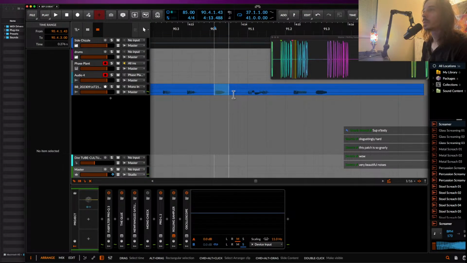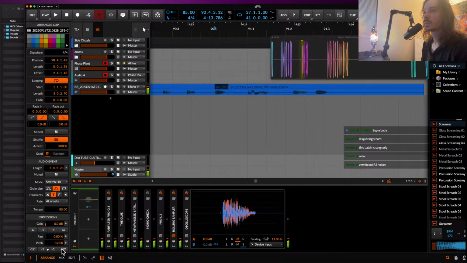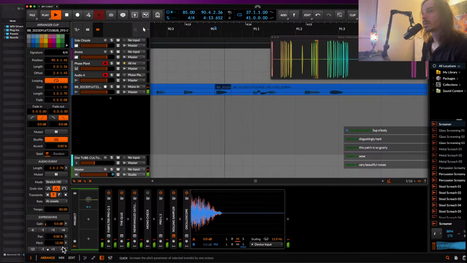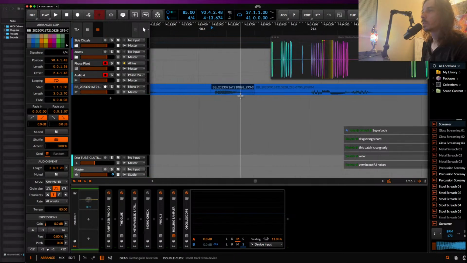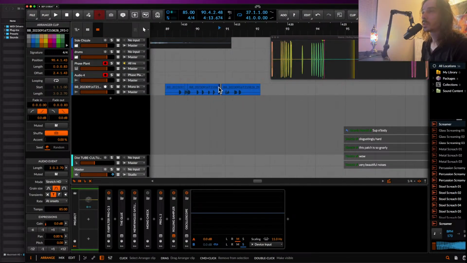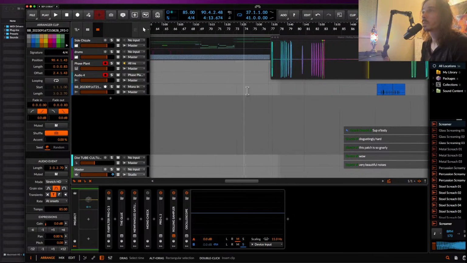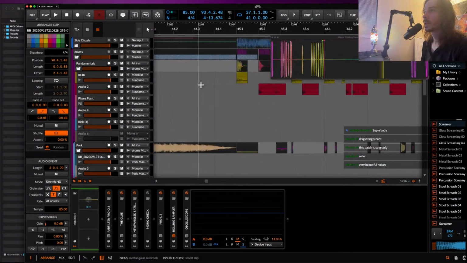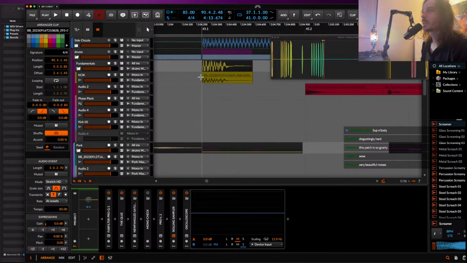So we can probably use something like this. Maybe, yeah, we can do that as like a stick hit. And maybe even just make it shorter, and then we can put a transient shaper on it or something and transform this into something that would be more reminiscent of a snare. And so if you're familiar with processing, then you can actually build a whole entire drum kit out of it, like I've done here. So if we take a look at these sounds, you'll see that this says BB20 whatever,